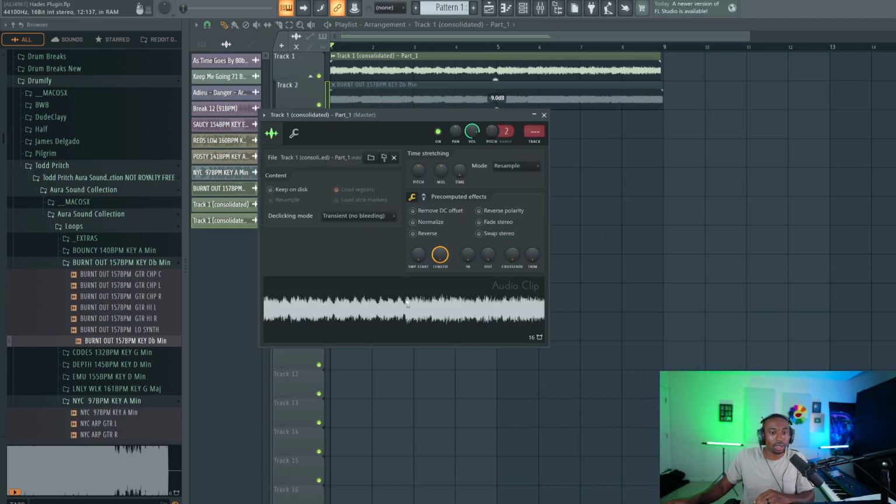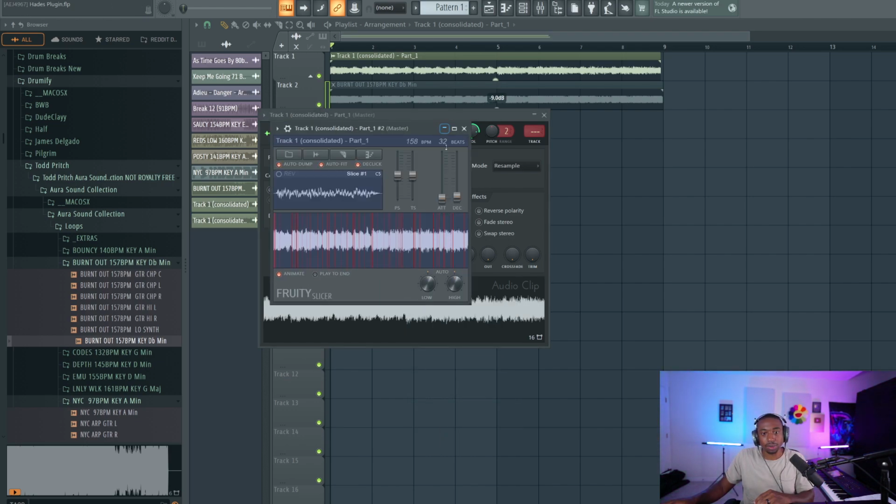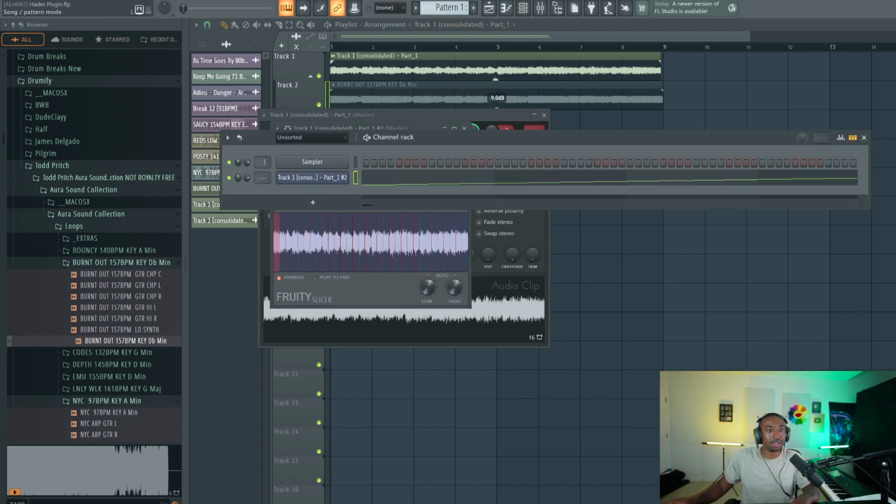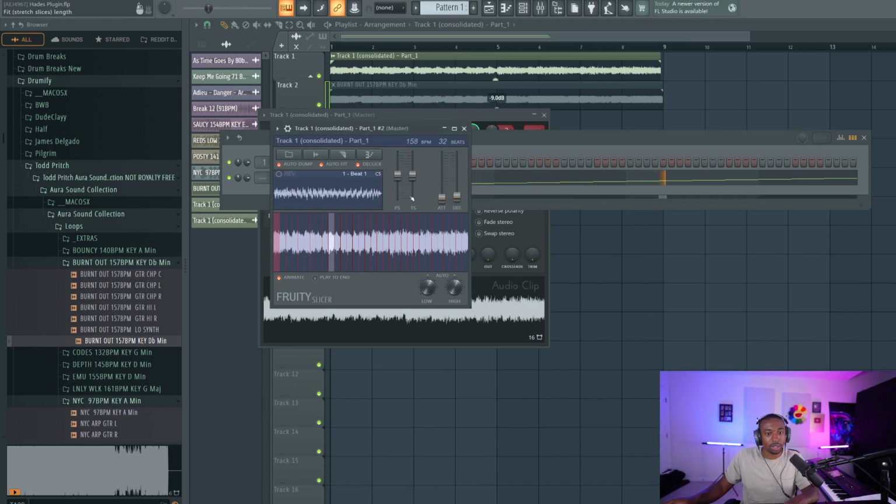And we're going to double click, right click, open in Fruity Slicer, slice by the beat. We're going to go to our channel rack, turn on the metronome. It should chop it at the beats. And now we can mess with the attack. So this is really good, adding the attack, because this will allow the drums to hit first and then the sample comes in. So it adds like a little side chain that's very subtle to the sample every single time your drums are hitting, which is really important for drum groove.